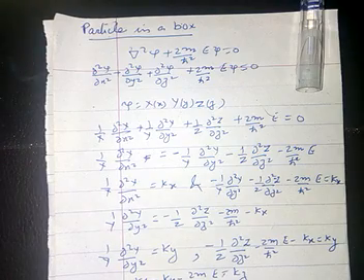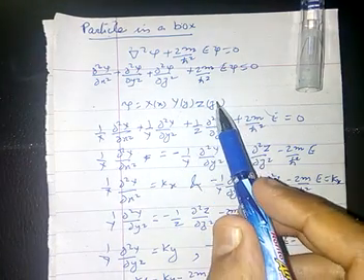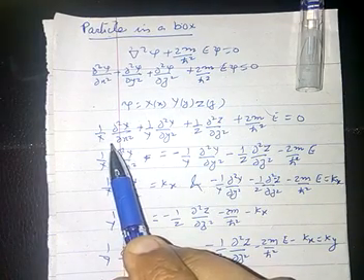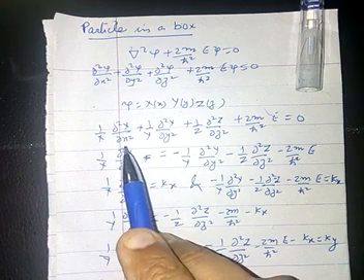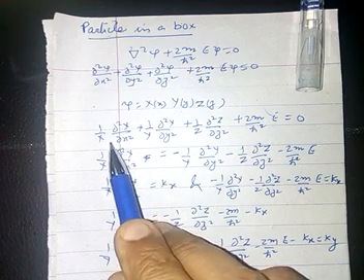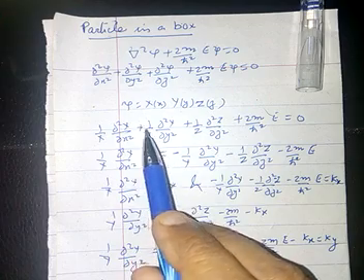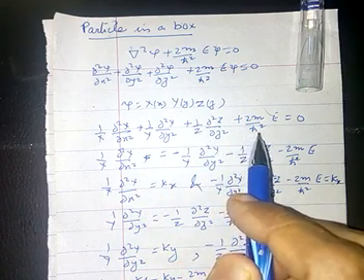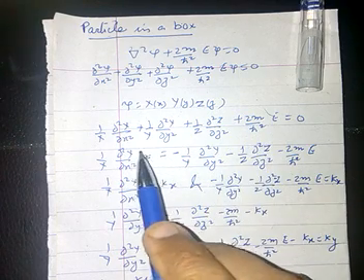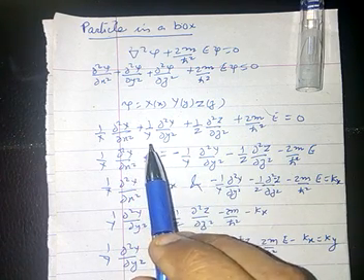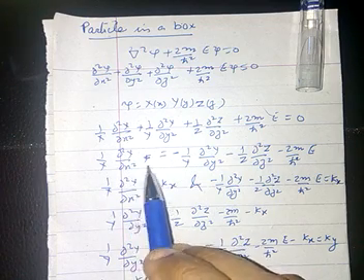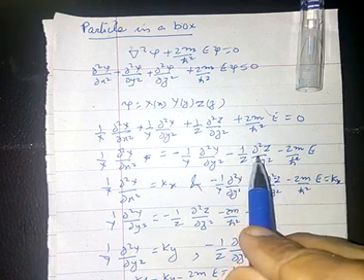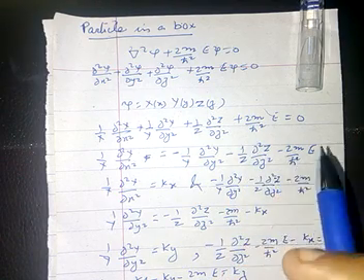Substituting the value of psi into the equation and dividing it by capital X times capital Y times capital Z, we get 1 upon X del squared X upon del x squared plus 1 upon Y del squared Y upon del y squared plus 1 upon Z del squared Z upon del z squared plus 2m upon h cross squared E equals 0. This may be written as 1 upon X del squared X upon del x squared equals minus 1 upon Y del squared Y upon del y squared minus 1 upon Z del squared Z upon del z squared minus 2m upon h cross squared